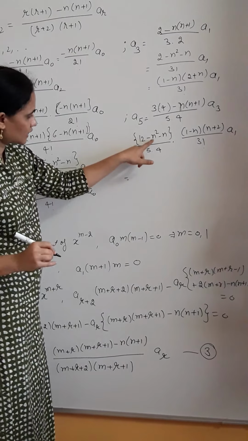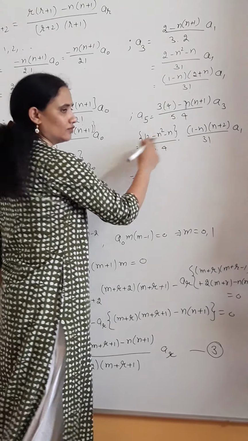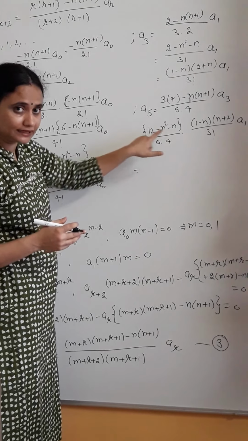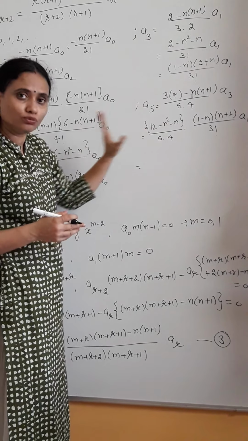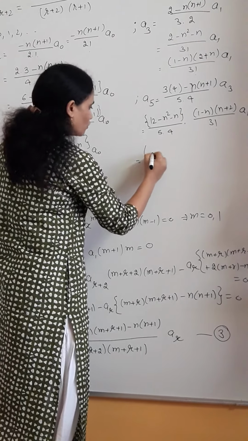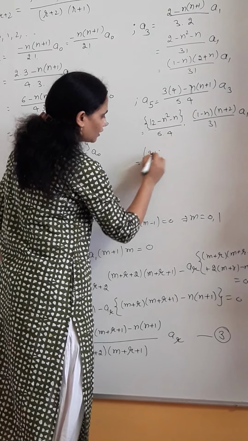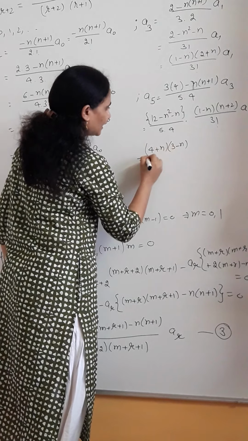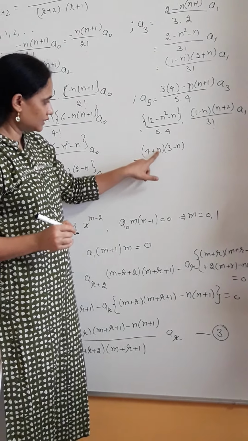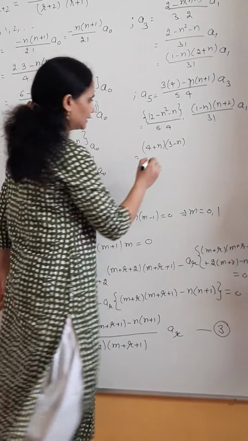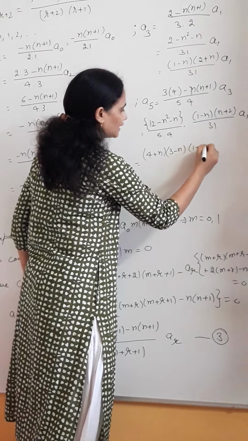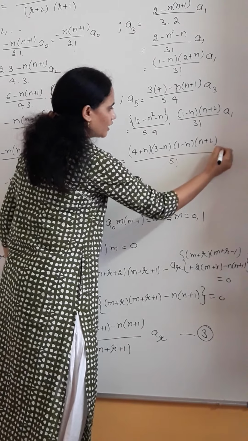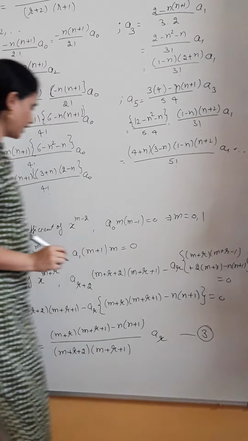So now this can be resolved in which factor? Again 4 and 3, by this constant term we can take the hint. So 4 and 3 can satisfy this, or can be used to make the factors. So 4 and 3 means let's make 3 plus n and 4 minus n. So verify this. 12 plus 3n minus 4n minus n square into 1 minus n plus 2. Now this can be clubbed as factorial 5, a1. Okay, so like that we can keep finding the remaining values.